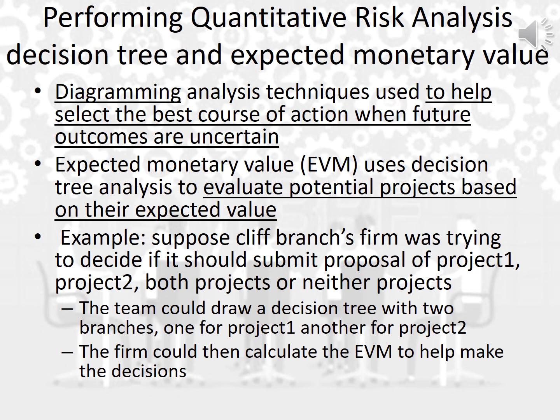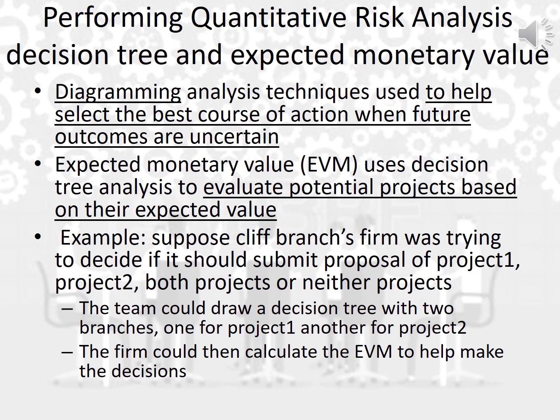Decision tree is the first one. As for the definition, it's a diagramming analysis technique used to help select the best course of action when future outcomes are uncertain. So I can use a decision tree when the outcomes are not clear, when they are uncertain. It will help me because it is a diagram that shows the best course of action. So I have different courses, and I can choose the best among them